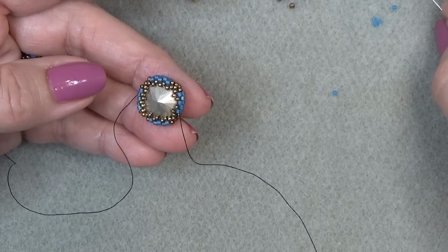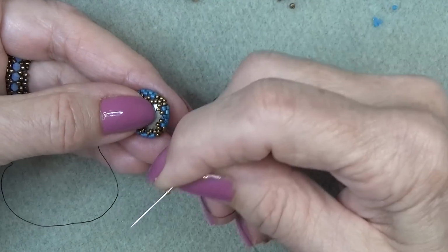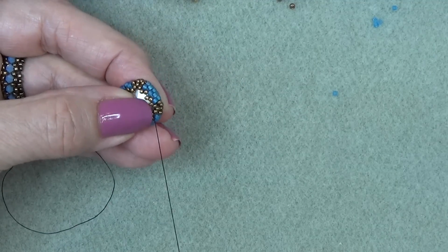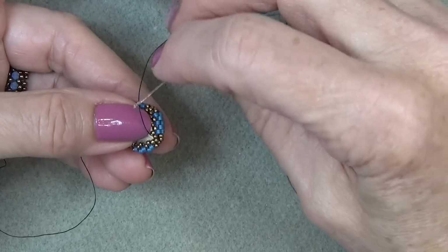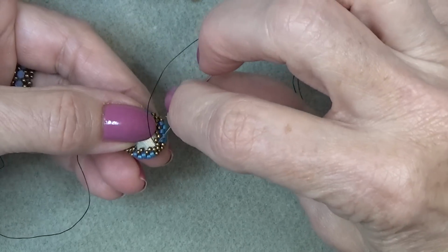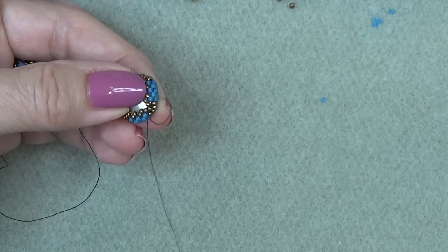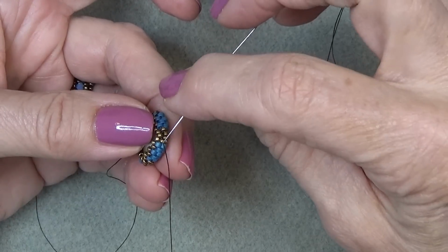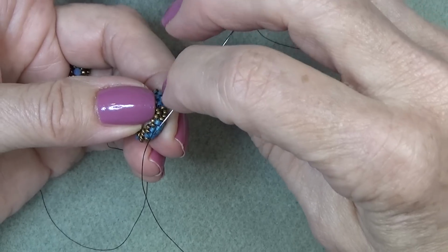Okay, coming down to the end, I'm just going to step up with you. So here, I'm exiting 15-0, just going to sew through the next 15-0 and the one on the diagonal. Now I am done with the back, and I just want to move my thread. So I'm just going to move my thread to the Delica area. So I'm just going to sew through the next 15-0, the next 15-0, everything on the diagonal, through the 15-0, like that. And then I'm just going to exit a Delica here. I'm going to come right to the center Delica,